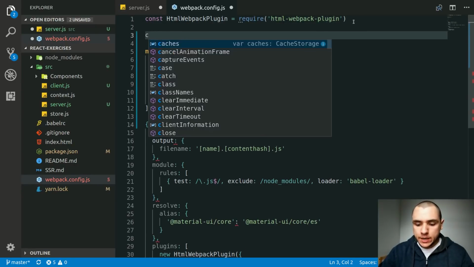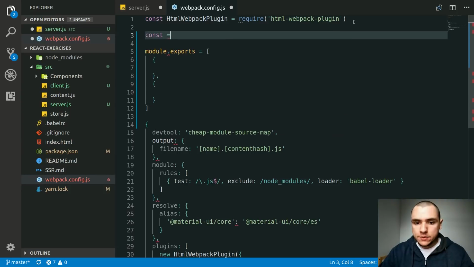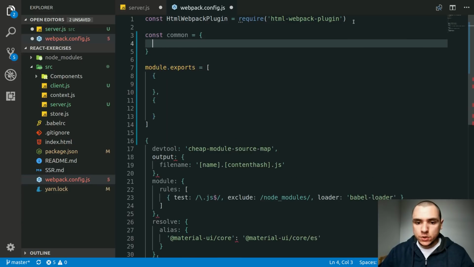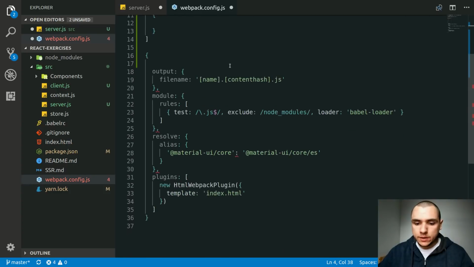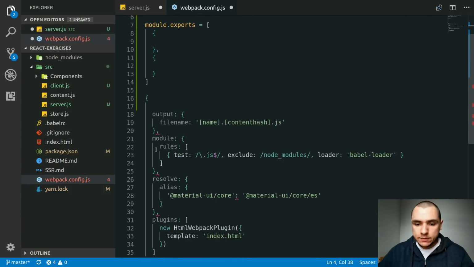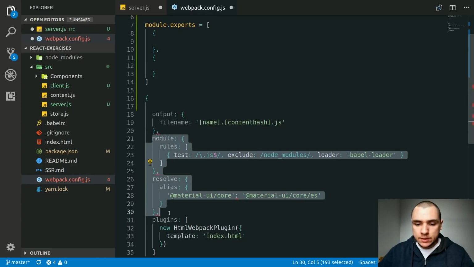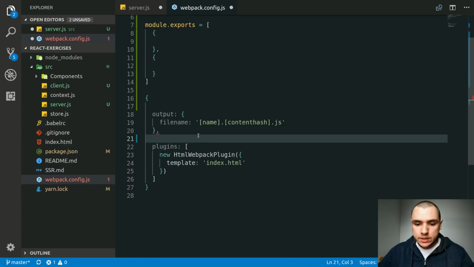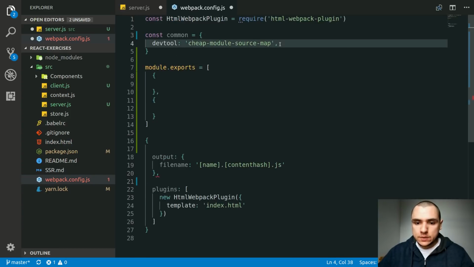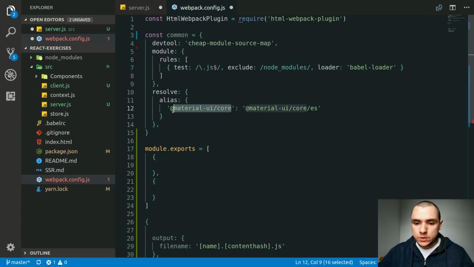I'm also going to set up a const because we're going to have a few common configuration options for both the server and the client. The things that are going to be common will be the devtool. We're going to use the same devtool on the front end and on the back end. We're also going to have a module key. This one is going to set up Babel loader for us. And I'm also going to put in the resolve key. Now this one is going to create an alias for us. This one is going to alias Material UI core to Material UI